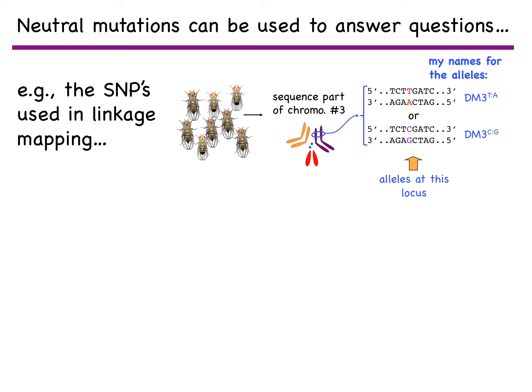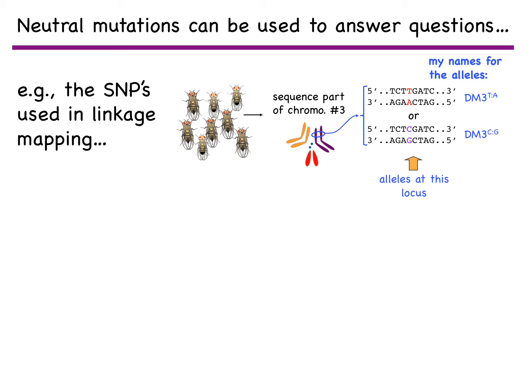So this is a case where we tried to map a gene in Drosophila, and there's just two different alleles at this particular site in the genome. And because most of these things are not under selection, there's no effect on fitness, we can actually use them to map genes. And the reason that's important is because if, for example, one of these two alleles